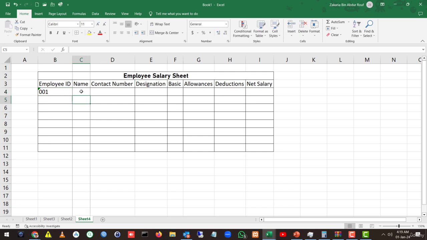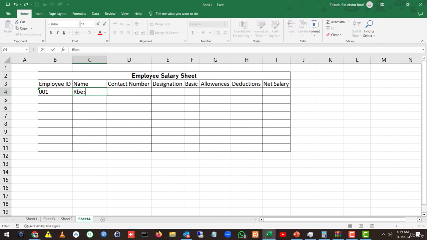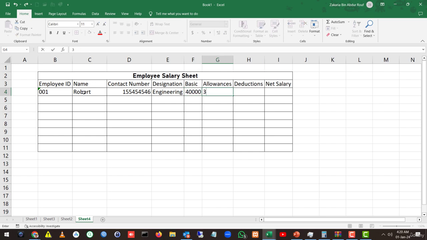So the name is Robert and contact number is, engineer, allowance, and deductions 2000. So the net salary will be basic plus allowances